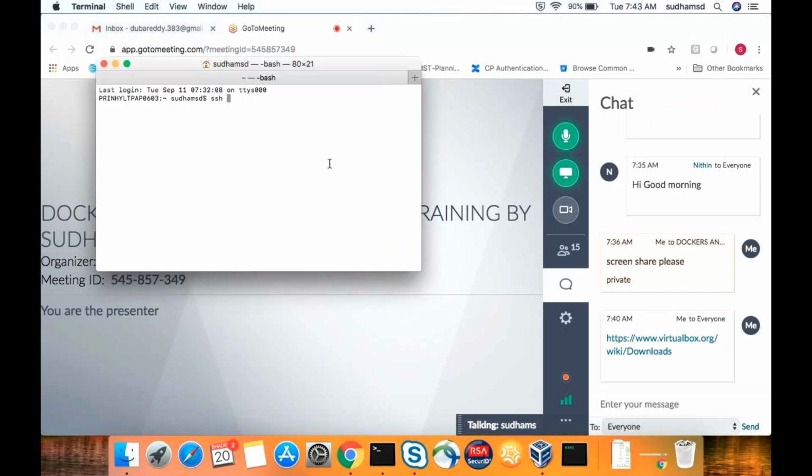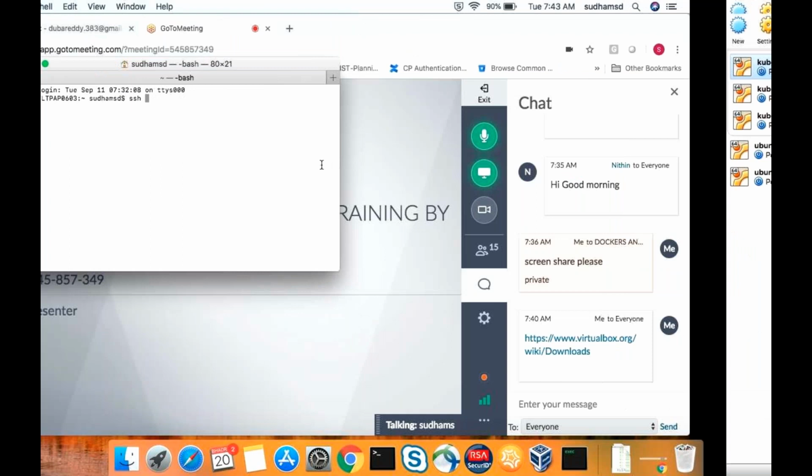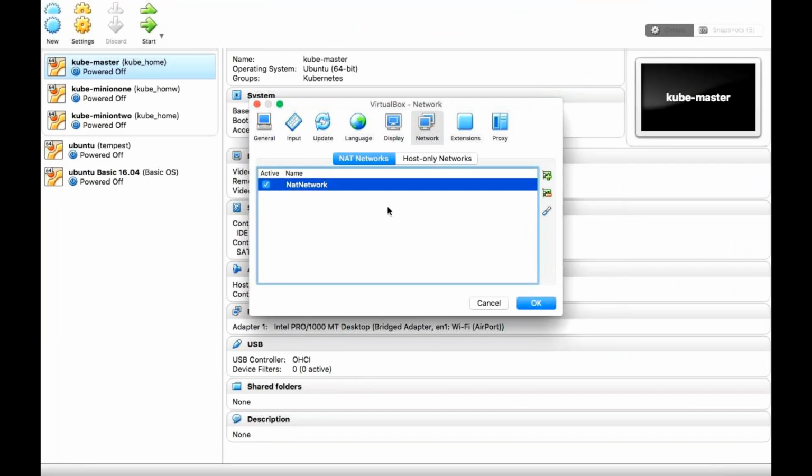If I try to SSH to my VirtualBox, which is a Linux operating system, it doesn't allow, even from the base machine in the same operating system. That's a problem with NAT, but you will get internet connection.